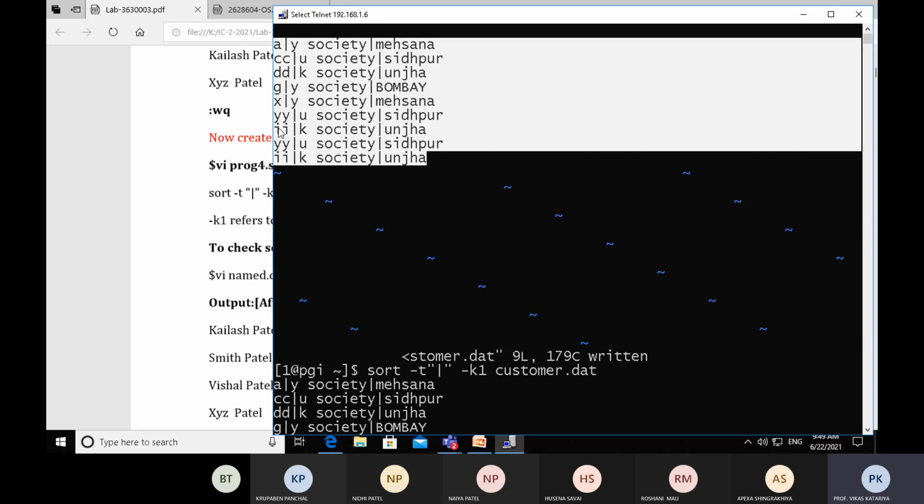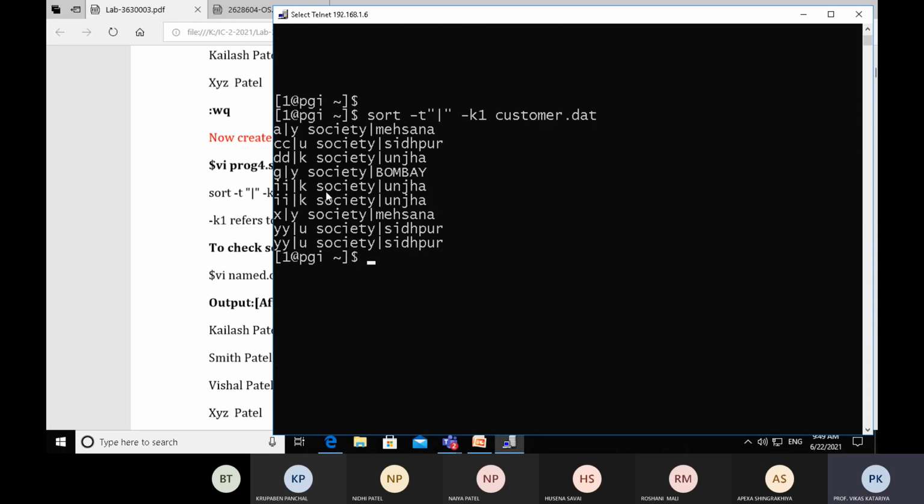So before sorting it looks like that, and after sorting there is a change. All records are sorted in ascending order, and we are applying it on column number 1.